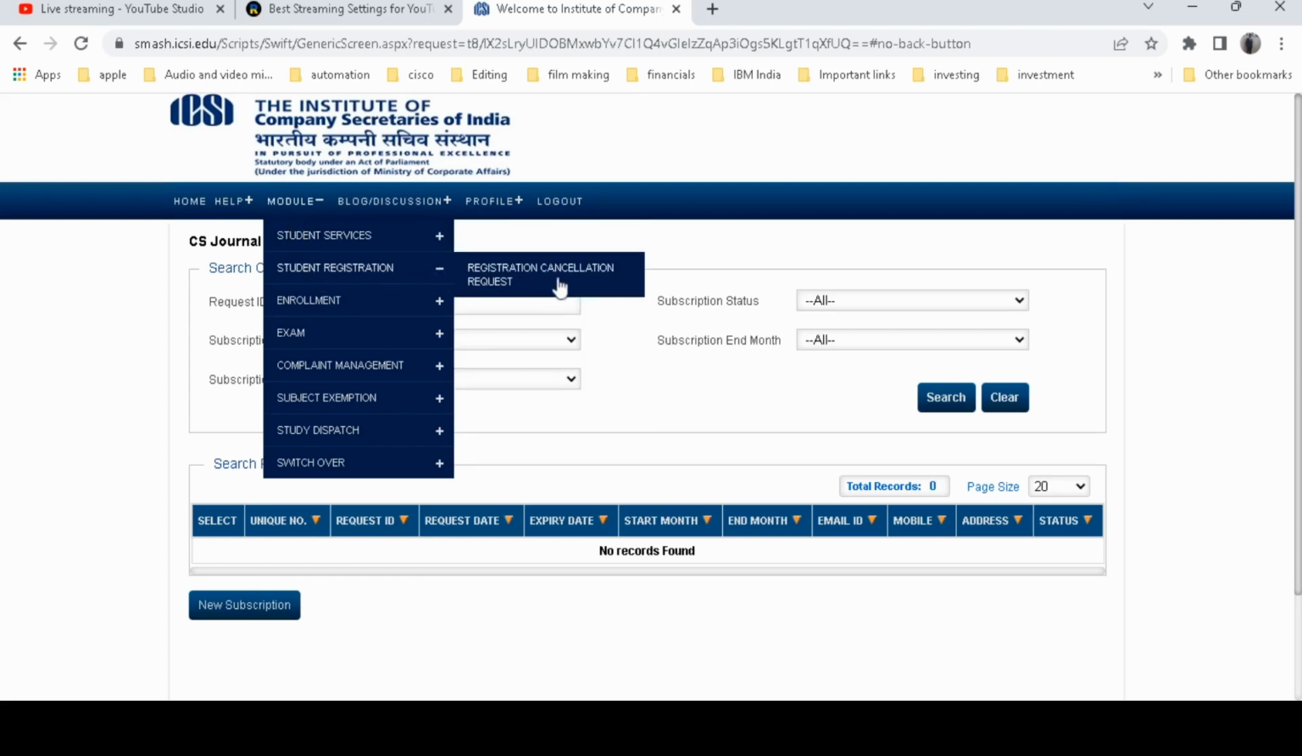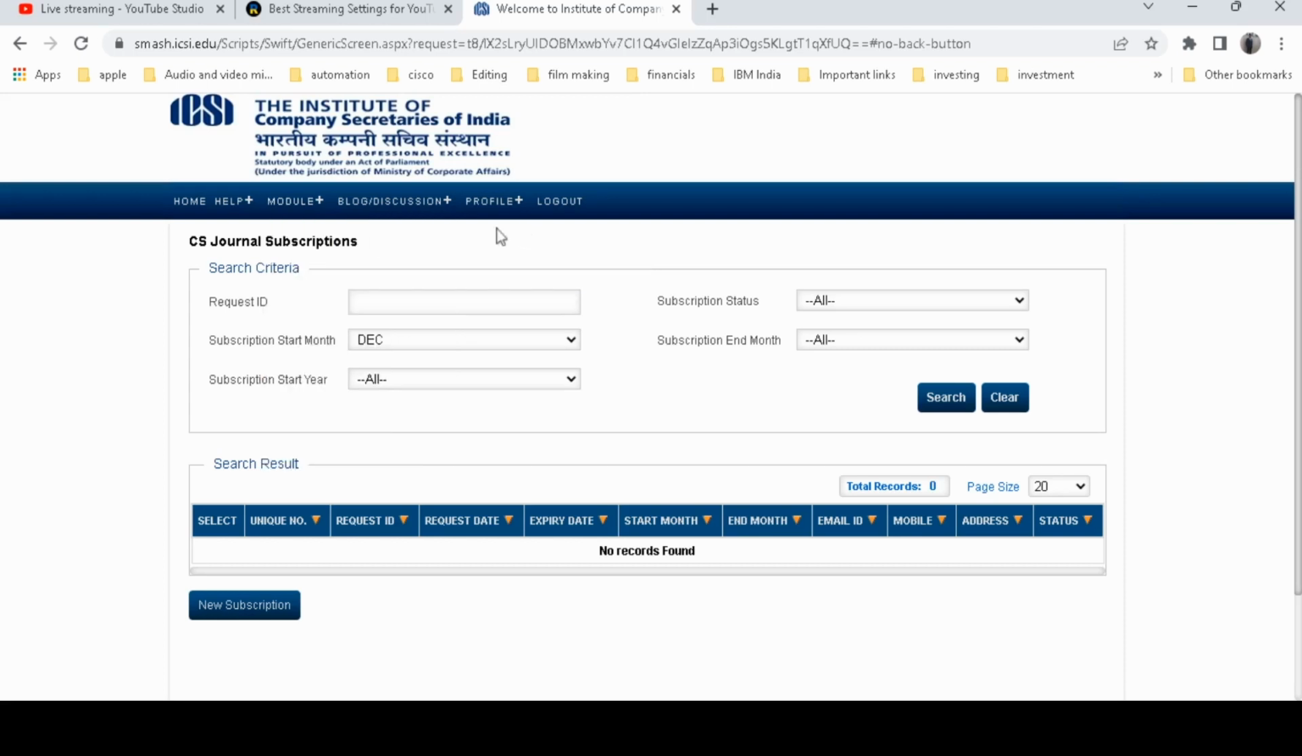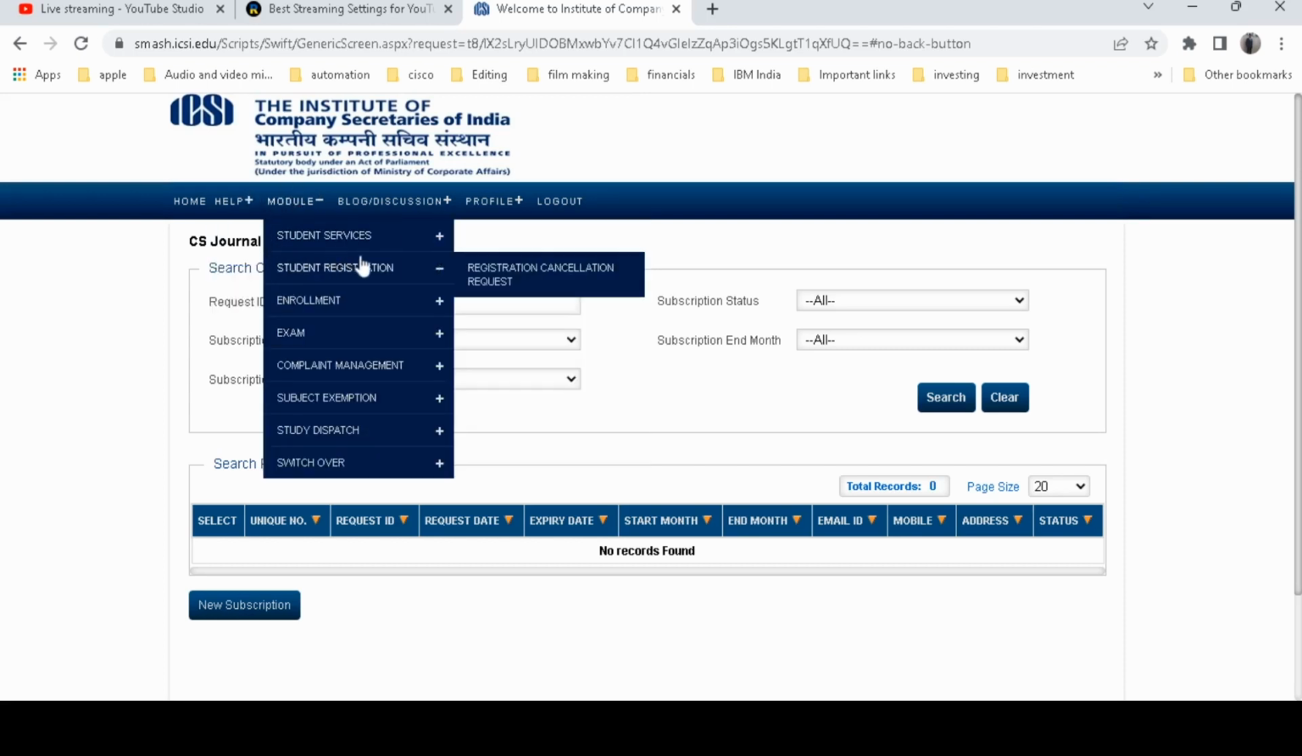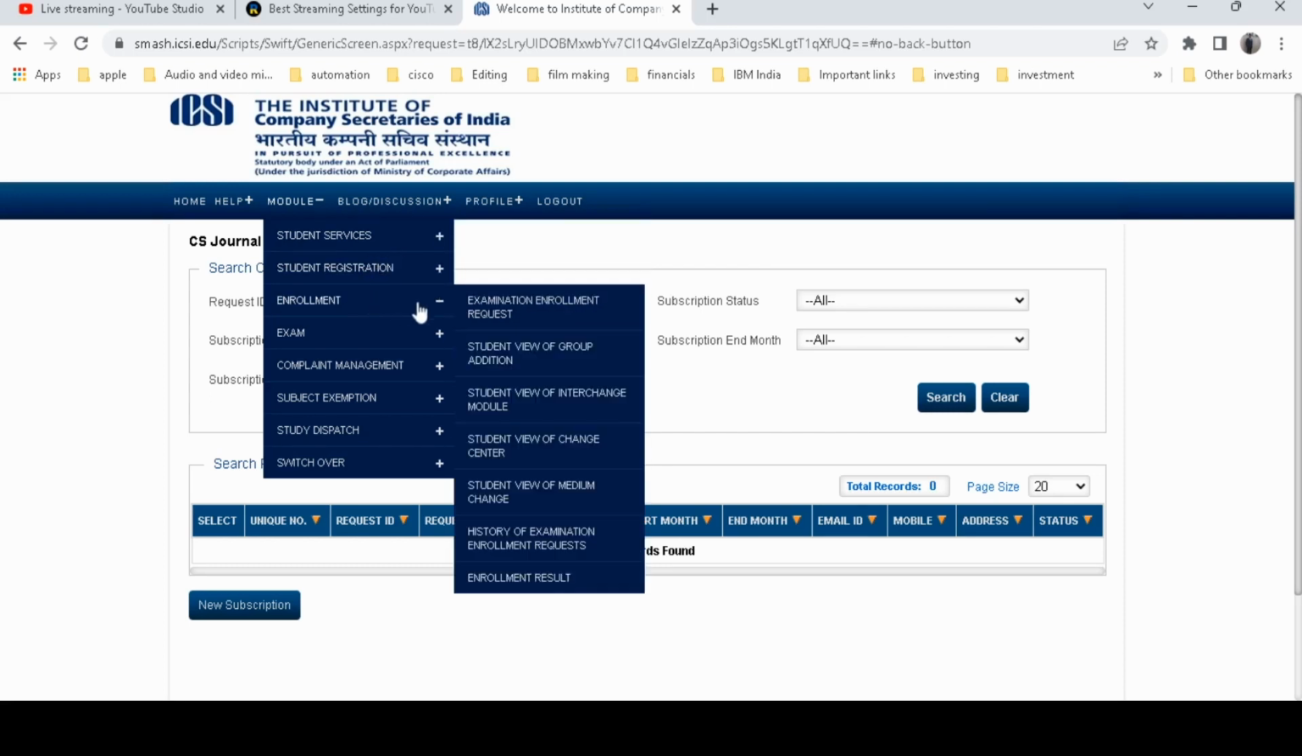Then student registration request, registration cancellation request, which means you are registered but now you don't want to continue. So you say, okay, cancel my registration. I don't want to continue or something. That's only one time. Enrollment and examination enrollment request, student view of group addition, student view of interchange module, student